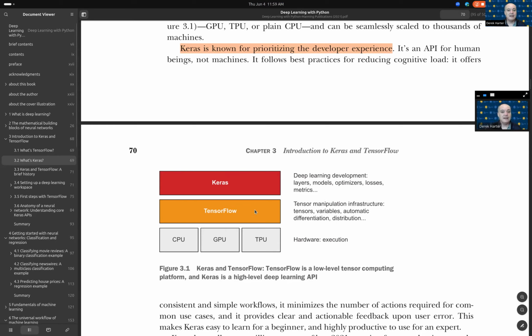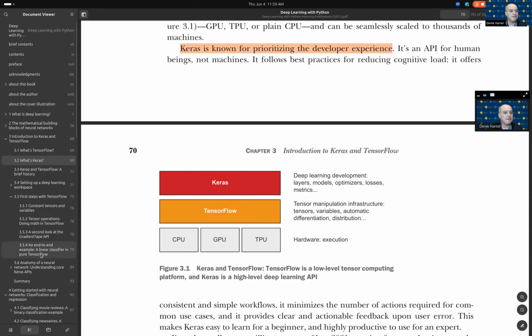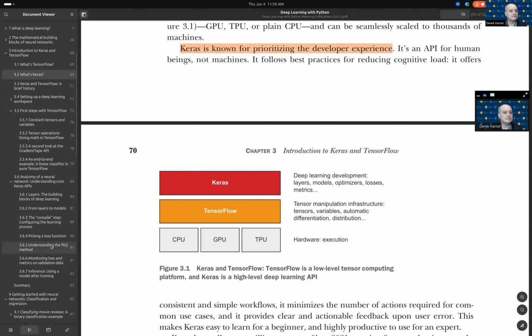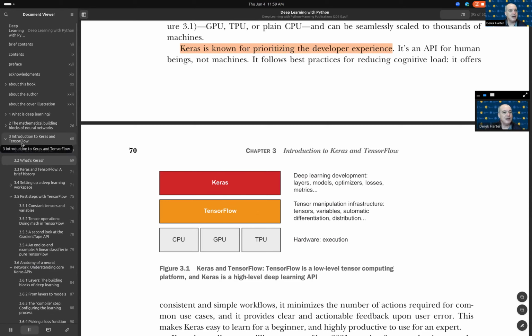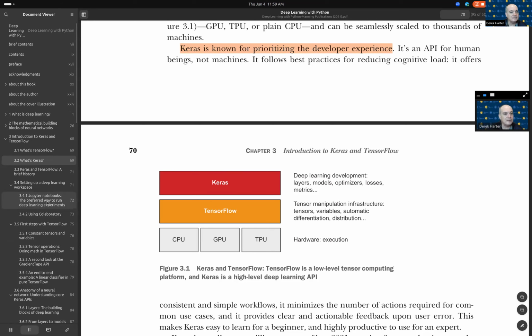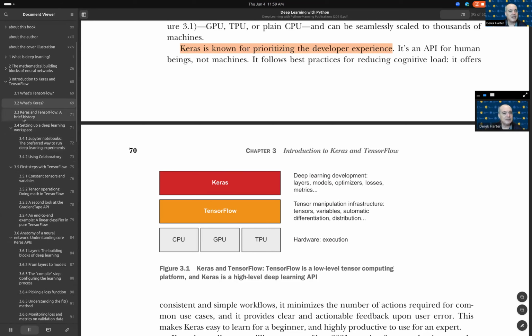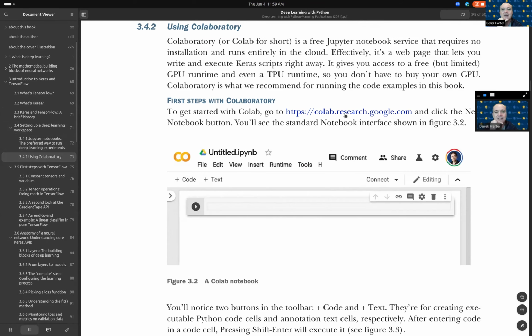Anyway, the last thing that I'll mention, I was trying to remember it on Tuesday, but there is a little bit of a discussion of it in my lecture video. I thought it was in chapter 3 somewhere. Oh yeah, there it is. Setting up the deep learning workspace. This was section 3.4 in the second edition, and that section should still be in there. So I was trying to remember the Colab.